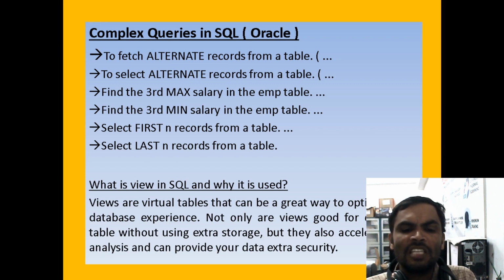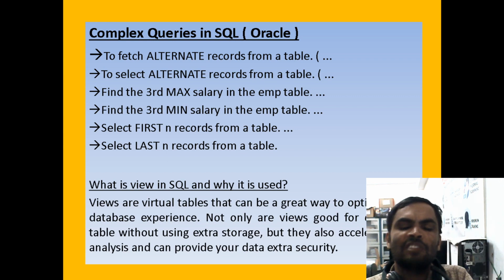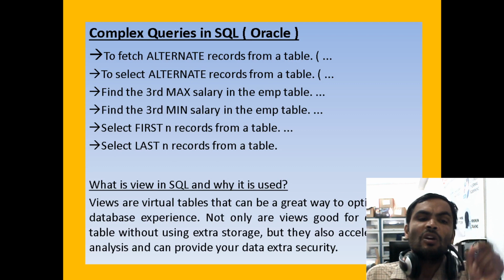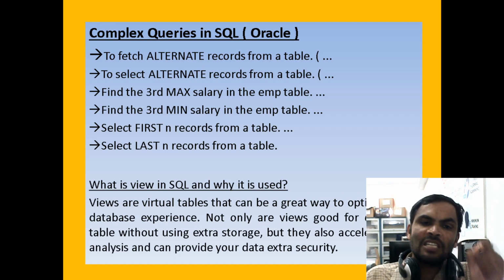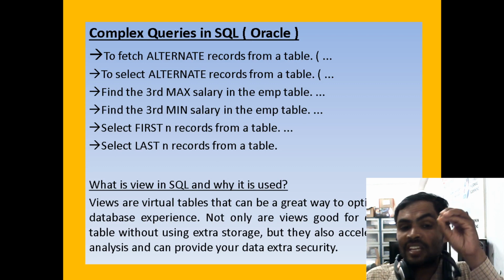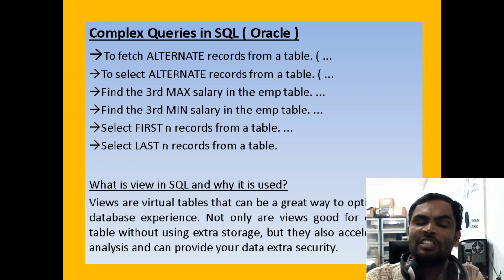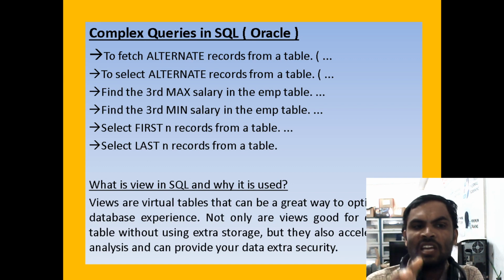When two queries are nested, the first query is the outer query and the second query is the inner query. This means the Oracle Optimizer will first execute the inner query, not the outer query. After executing the inner query, it will go on to execute the outer query. These are complex queries in SQL.